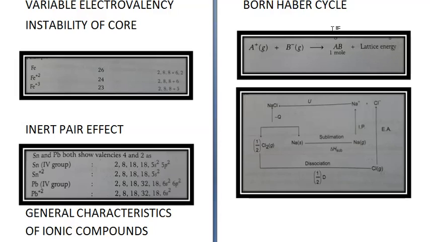Now it is given a negative sign, as lattice energy is always released, and it is calculated indirectly by using the Born-Haber cycle, which is based on Hess's law. Now suppose we take the example of formation of NaCl. Now in NaCl what happens? See, this is NaCl. Now this NaCl splits into Na+ and Cl-.